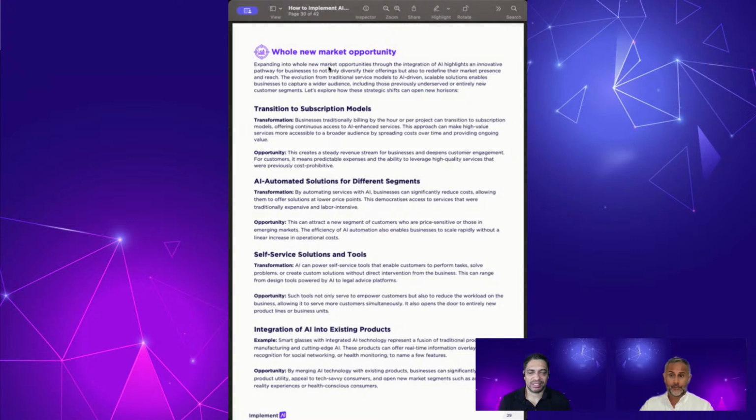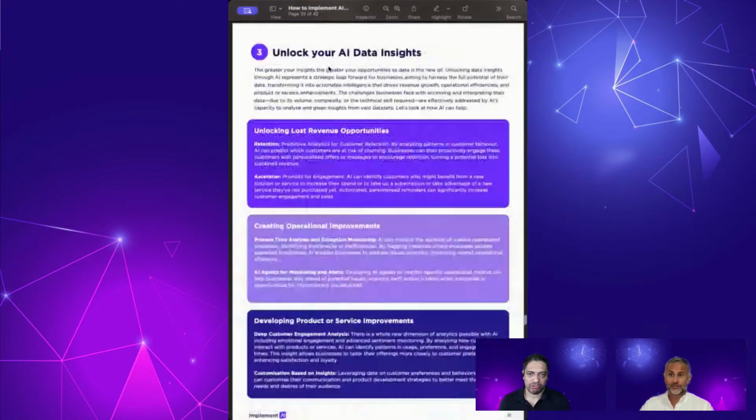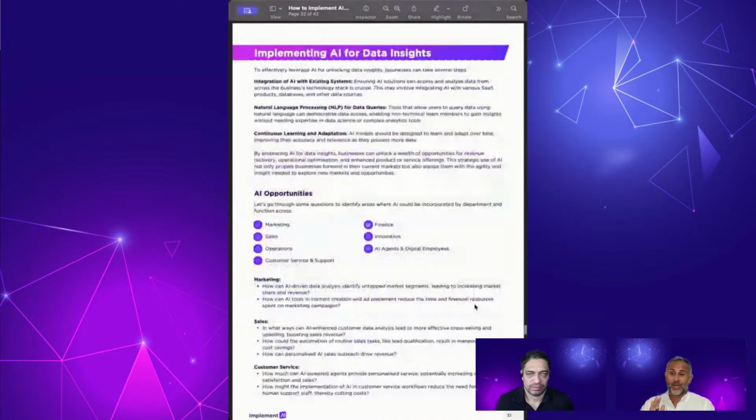And if you're listening to this, then you can look at the YouTube videos where you can see, but we'll try and explain it as we go through. We are flicking through some of the pages where there are some diagrams in the actual white paper. So the next point is data insights. So again, with AI, you can actually add that lens where you can see so many things and therefore act on more insights than your customers could, unlocking revenue opportunities, operational improvements, or developing new products or services for specific market segments. You've got so much power that you're able to do with AI data insights,